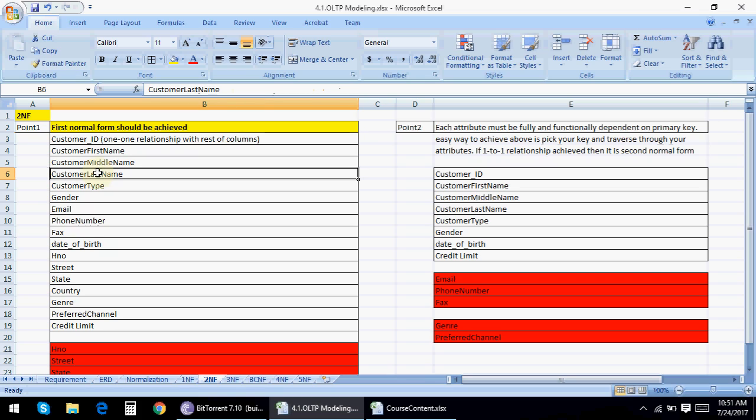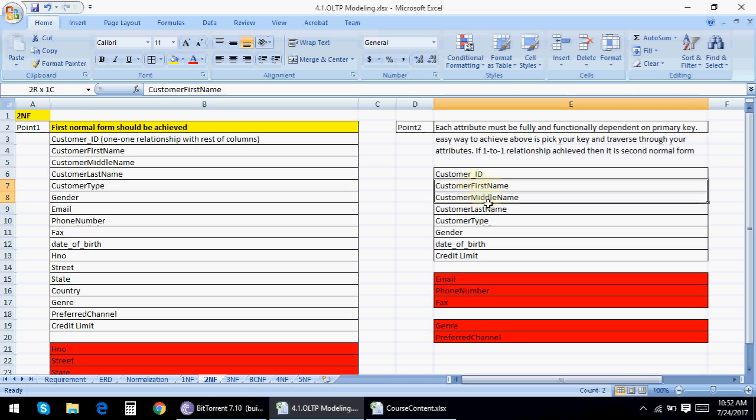So this is how things actually work in real time. One person will have one name in records. He can have multiple nicknames based on friend circle or family circle, but genuinely when we refer to the official records of this guy, he'll have only one first name, one middle name, and one last name.